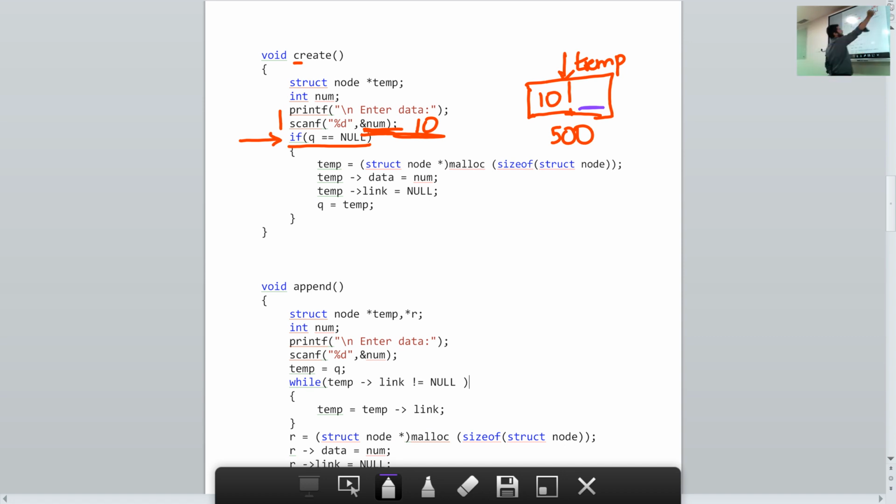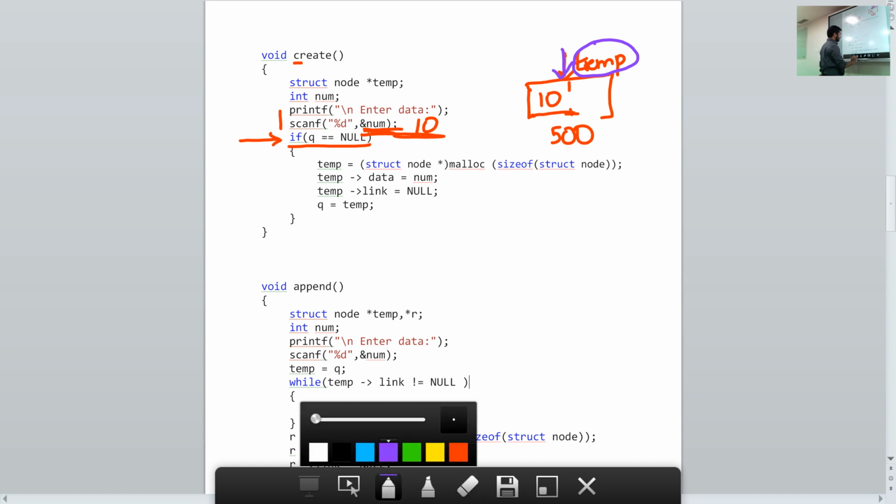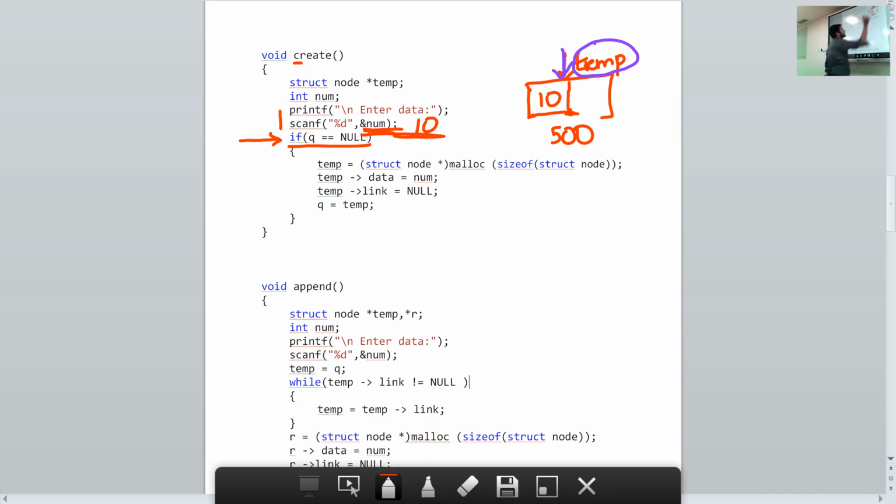This part of the node is referred to in programming as temp, the pointer for that node, temp arrow link. This is the link part. So what value do we want there? We want the value there to be null. So we say temp arrow link equal to null. So we will get null here.